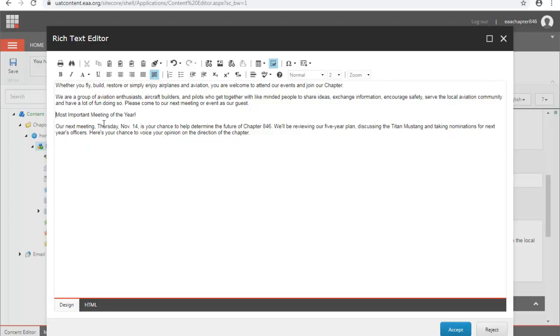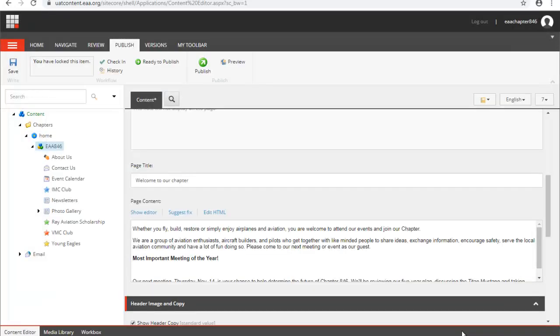I'm just going to clean it up a little bit. I removed the bold, so I'm going to put the bold back in. So now we've got the text in there that we want. I'm going to click Accept. And then